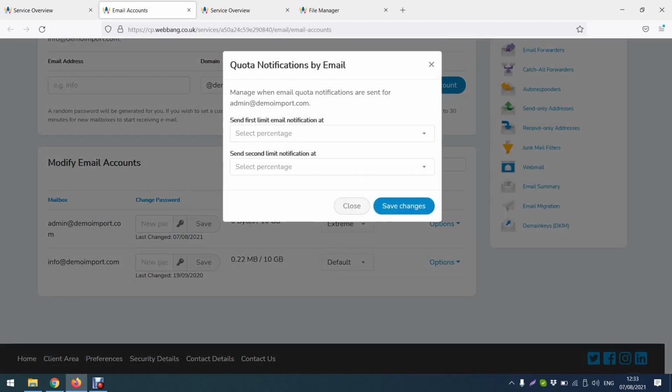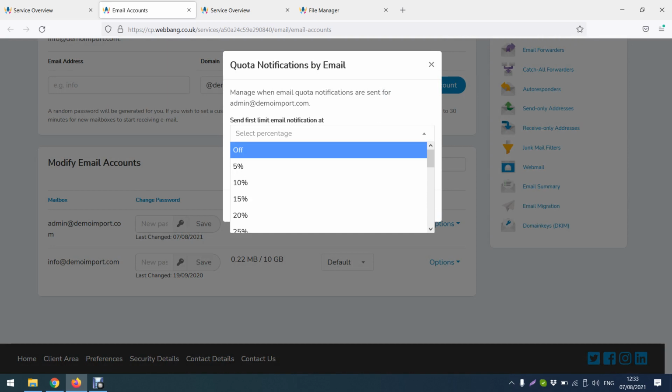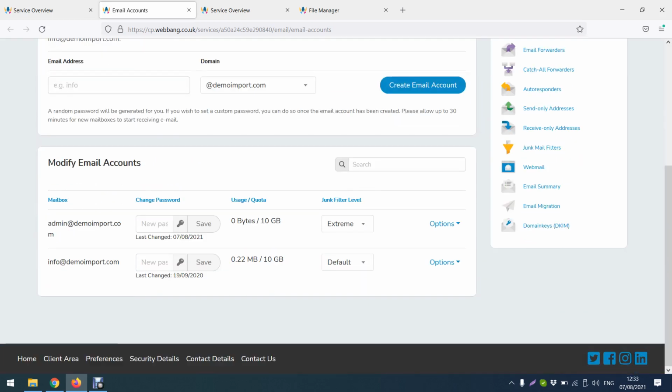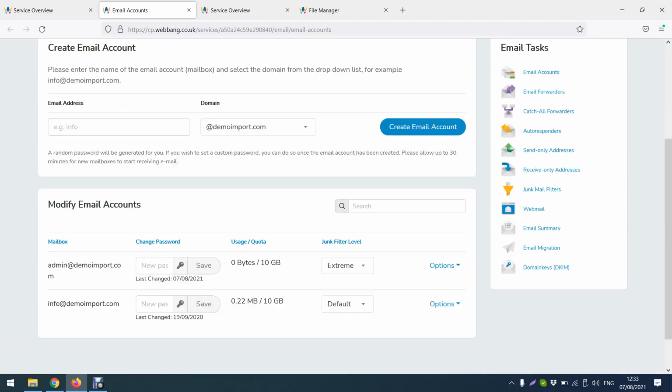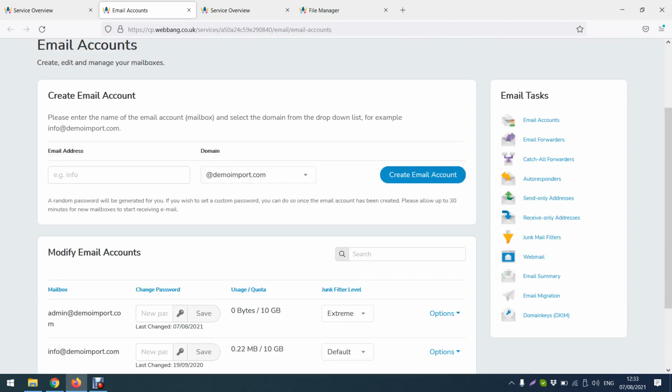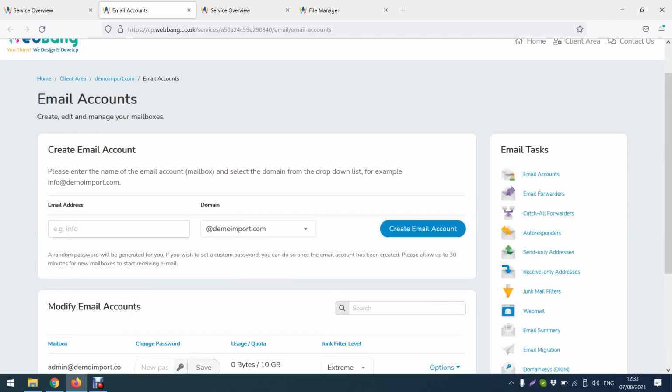Yeah, so if you want to set the notification as well, like how many you want, just set the percentage and then save it. Okay, so creating the email, saving the password, updating the password, setting the junk level, and of course there are more features over here you can work with. So I think that's it all about your emails. There is another cool feature that I know of,